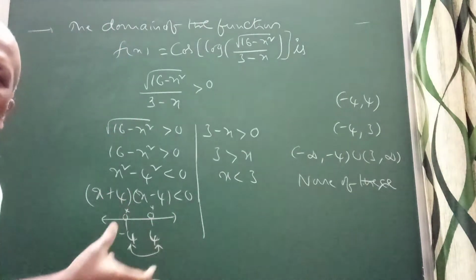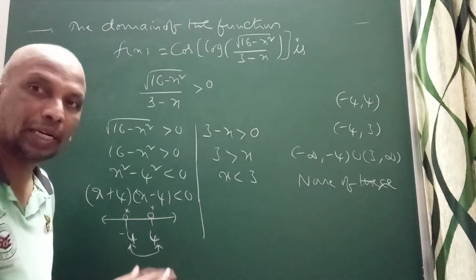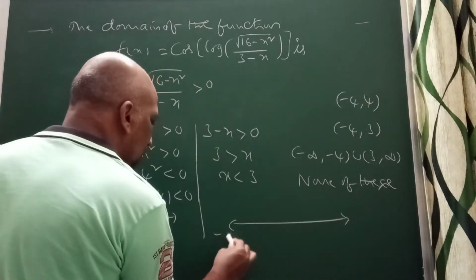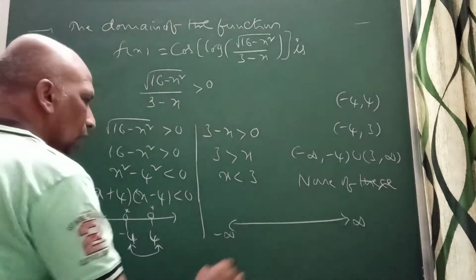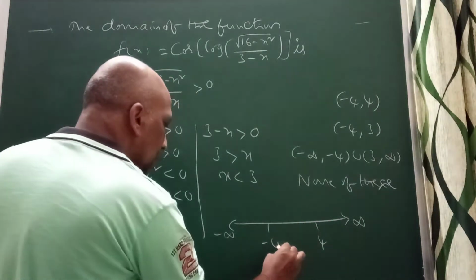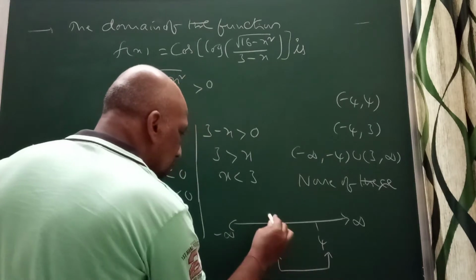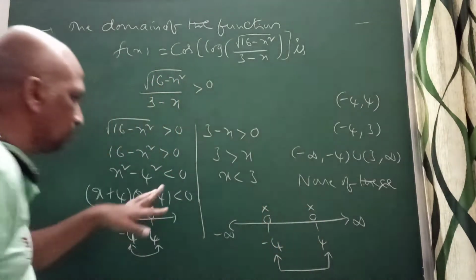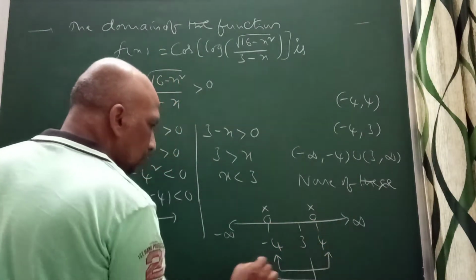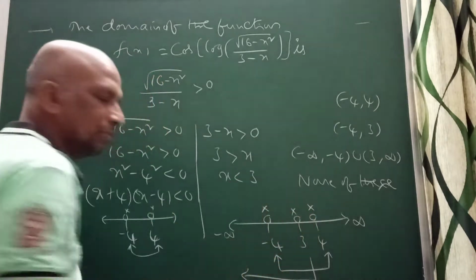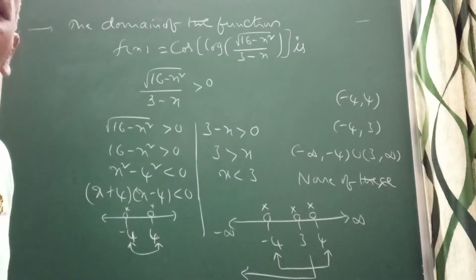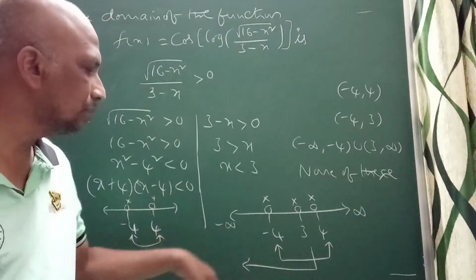I want to find the common solution of this. The x value should satisfy this and this both. Now take the real line, minus and plus infinity. I take minus 4 here and 4 here. So I can write between these two, excluding these two values; I don't want these two values. Again, x less than 3. Let it be 3 here, less than 3, so again excluding this; I don't want 3, correct? Just observe that we are excluding 3 on this side.